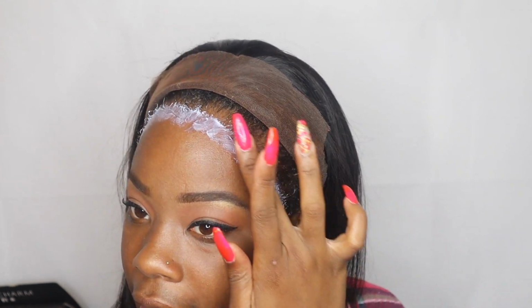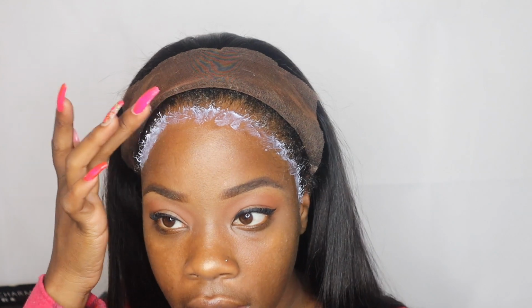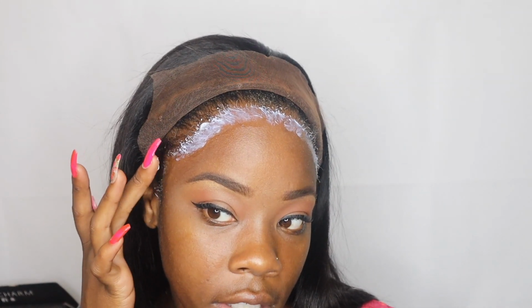And usually I won't have it on my hair as much as it is, but girl, you will be okay. I'll just make sure when I do remove it, I soak it in a lot of alcohol and let it literally slide off on its own. I'm not going to put any force with it. You shouldn't be putting so much force with it, but I'm just going to literally let it fall off on its own. Okay, I think 2 layers is enough because I'm doing them somewhat thick